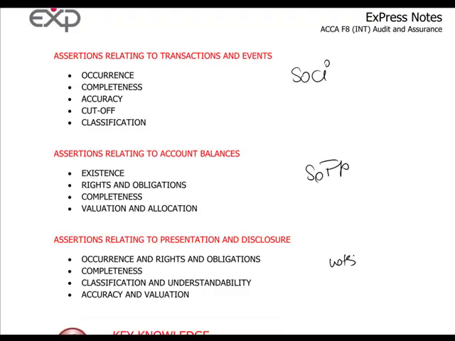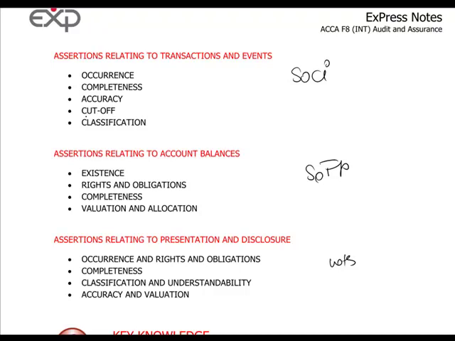So in terms of the statement of comprehensive income, we can discuss assertions like occurrence. An amount that figures in the statement of comprehensive income must relate to an event that has happened in the past. It occurred, right? There are no future events, no future amounts recorded in the statement of comprehensive income. Completeness, for example, all the expenses related to sales were recorded in the statement of comprehensive income. Accuracy, revenue adjustments were calculated correctly. Discounts allowed for clients were calculated correctly.